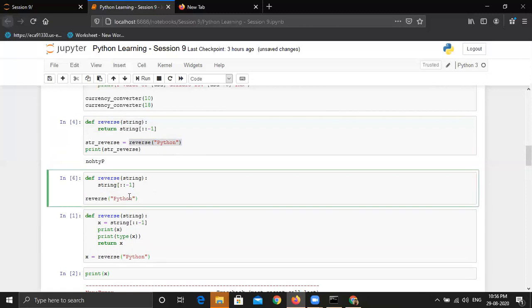You can see it is not performing anything. It has not printed any output, and it is not doing anything for you. But this function is created in the backend. How can we check that?